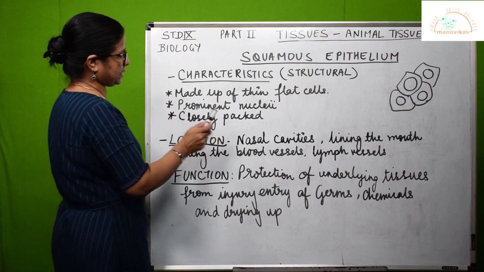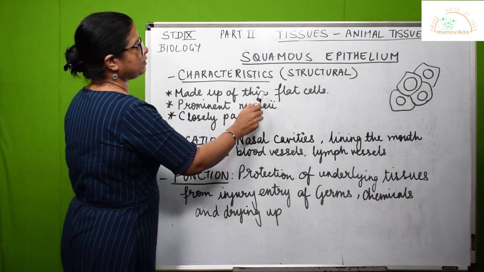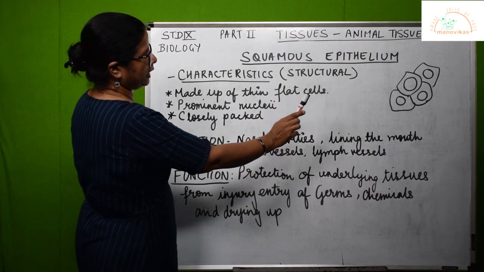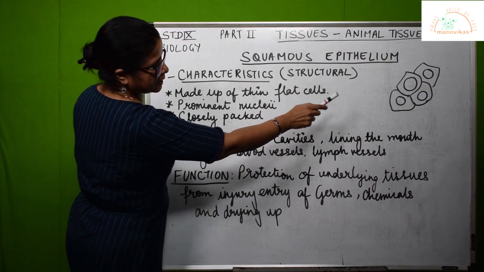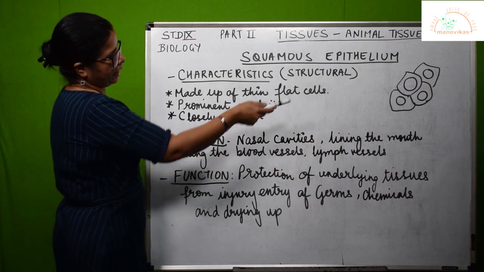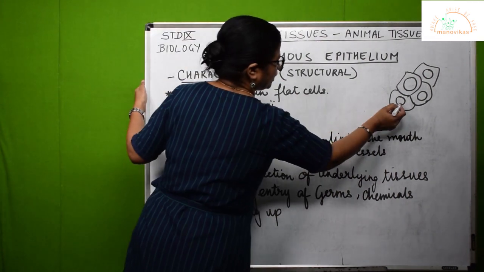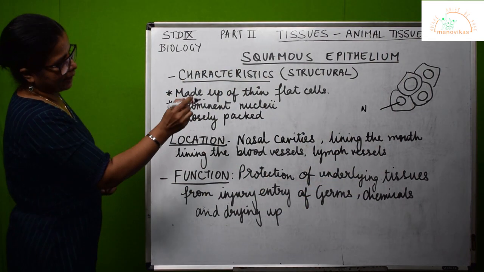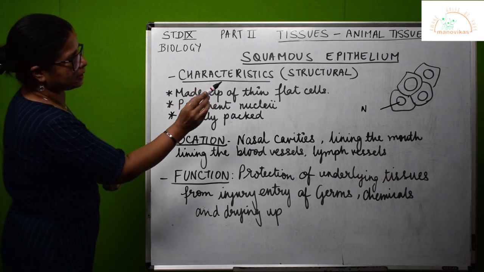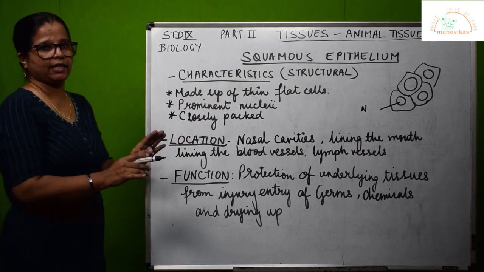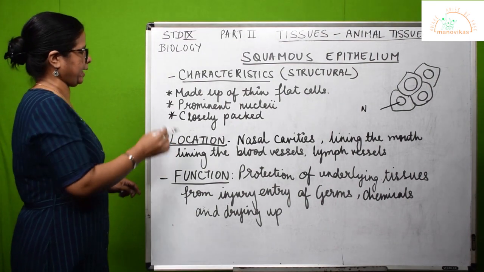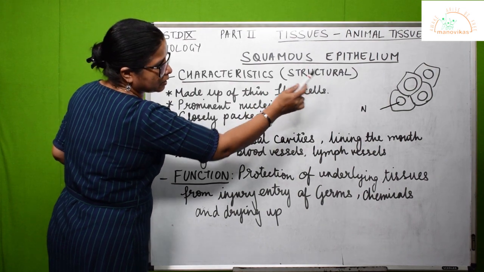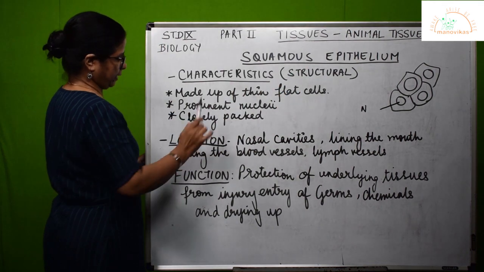This is squamous epithelium. Let's see now. It is made up of thin, flat cells. I have drawn a little diagram for you at that end. Look at the cells. Thin, flat. No intercellular spaces. See? Prominent nuclei. The nuclei you can see here, prominent, very large. So, I am writing N for nuclei here. Then, closely packed. See? Totally joined to one another. They feel like they are very, very close, like flooring tiles, so closely packed. So these are the structural characteristics of the cells that make this up.